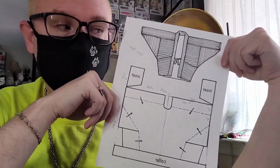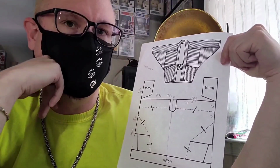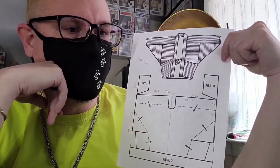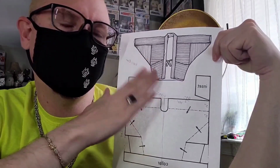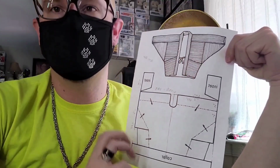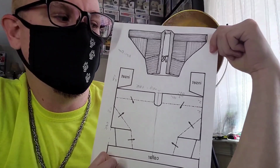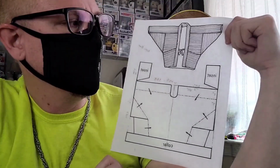So, I found this pattern on Pinterest, and I think it'd be very simple to do an upcycle of something. But I do need to do a little bit more research on this because this is giving me Japanese vibes, but at the same time, I have a feeling that it is not from Japan. And I do not want to insult the culture of whoever made this. So once I figure out a little bit more on this, I'll go ahead and be able to address it